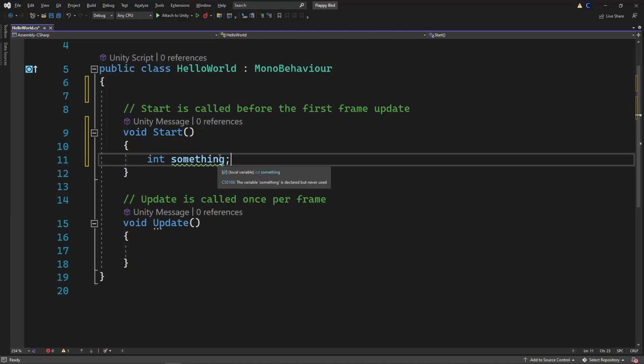But if I was to put something into start, then everything else does not have access to something because they're on different layers of scope. You notice that there's indentation. Update is on 1 level of indentation, something is on 2 levels of indentation, and something is not inside of update, so update does not have access to something.